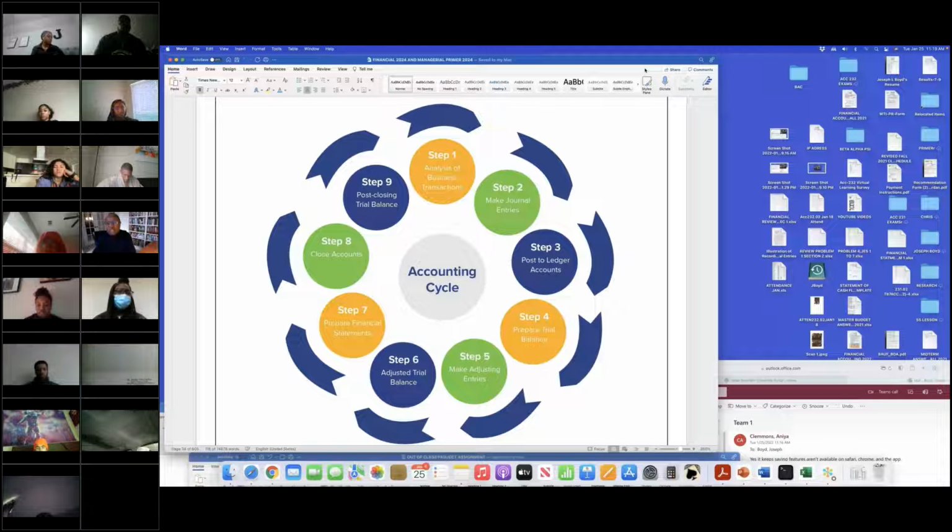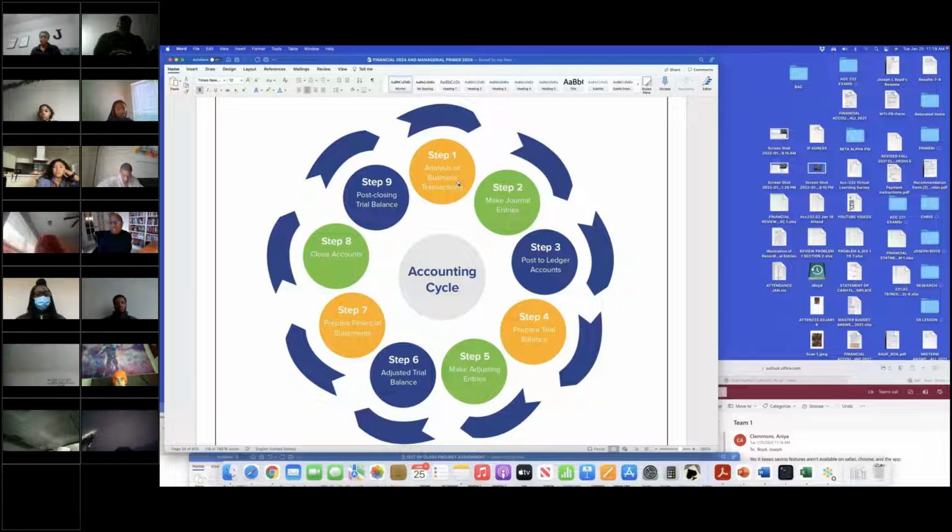To get to those three financial statements, we go through these steps. We analyze every financial transaction the business has, and we make a journal entry. You can't go any further until you've done those two things. You've analyzed transactions and made a journal entry. Then we're going to post them to the ledger, prepare a trial balance,